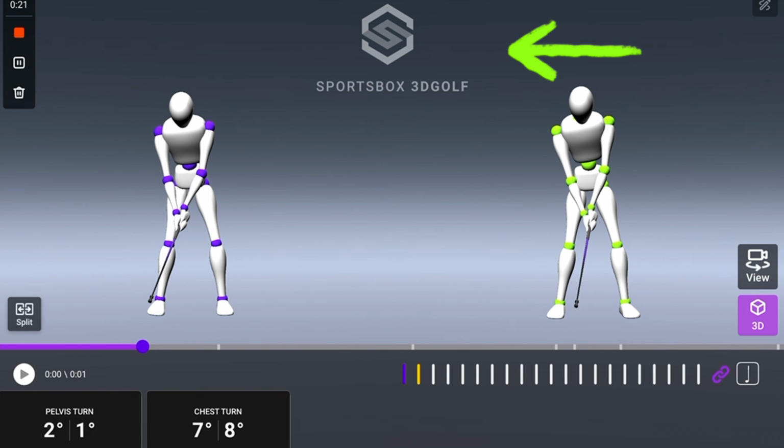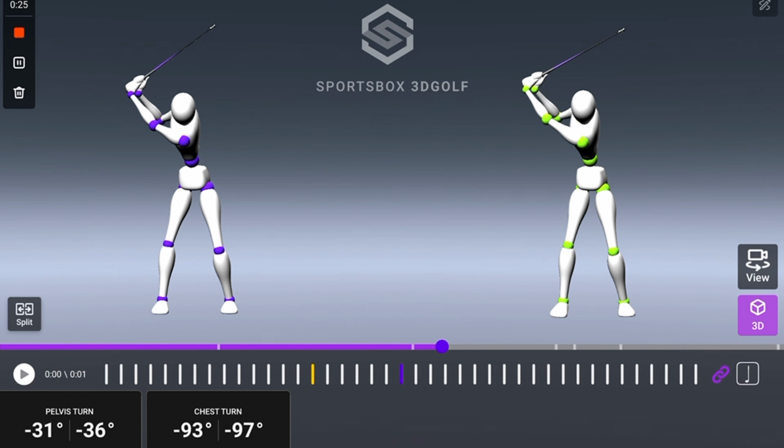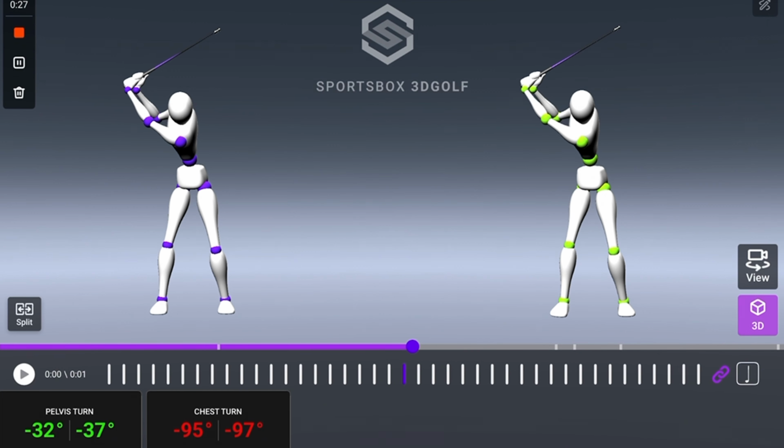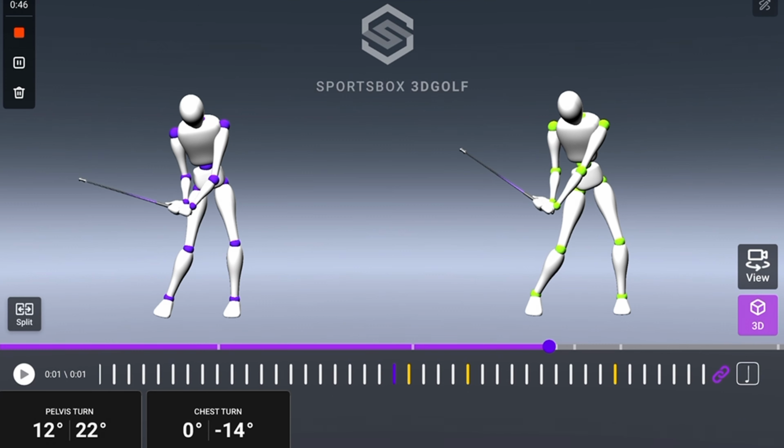I'm going to wind us up to the top of the backswing here. At the top of the backswing, you can see the pelvis and the chest on both sides very, very similar. 32, 37 of pelvis turn left and right, chest turn right 97 degrees, and on the left it's 95 degrees. As I start to wind us down into the pre-delivery drill,